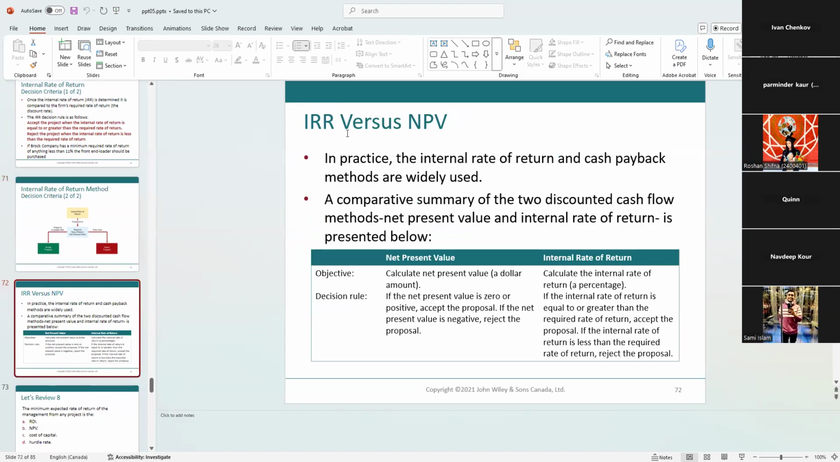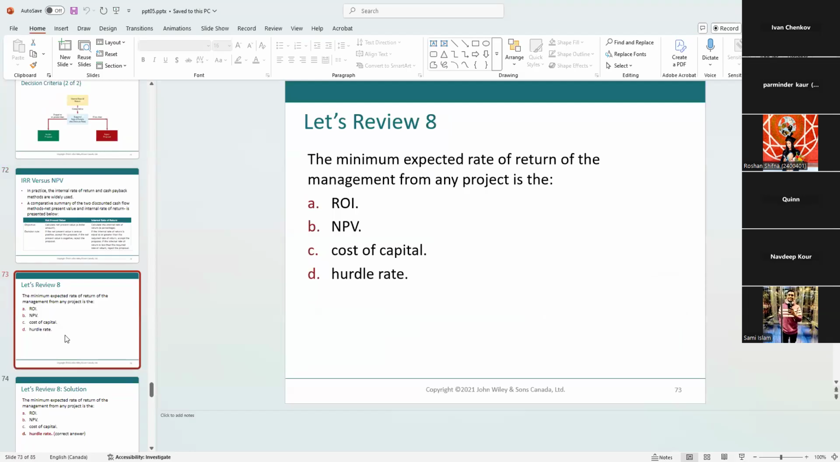What's the internal rate of return versus net present value? Well, the difference is subjective, right? The net present value calculates the dollar amount, whereas the internal rate of return calculates a percentage. And the decision here is, if the net present value is 0, that means we're reaching the return. Here, if we're just chasing the percentage that we're going to get from the project compared to what we want in our company. Let's quickly get this one. The minimum expected rate of return from the project is also called